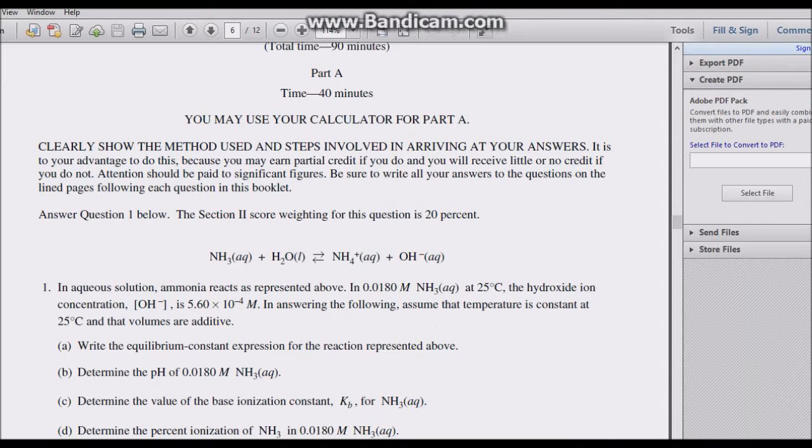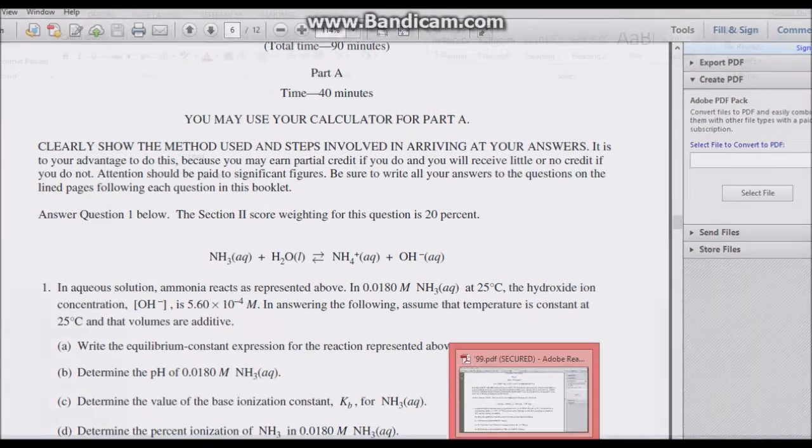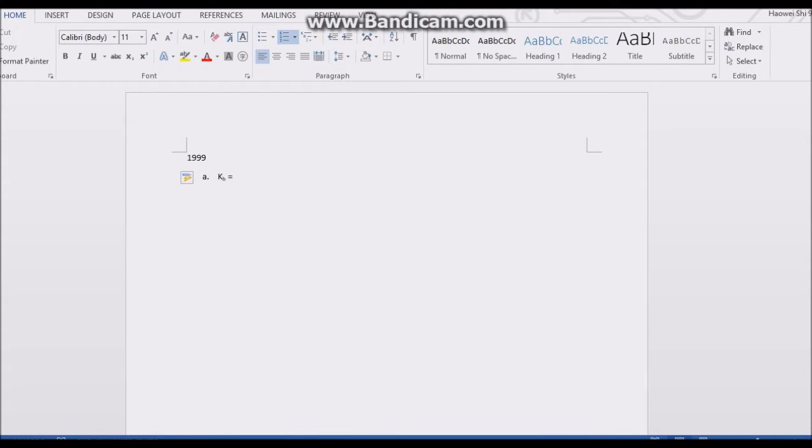Only NH3, NH4 plus, and OH minus are. So the concentration of NH4 times the concentration of OH minus